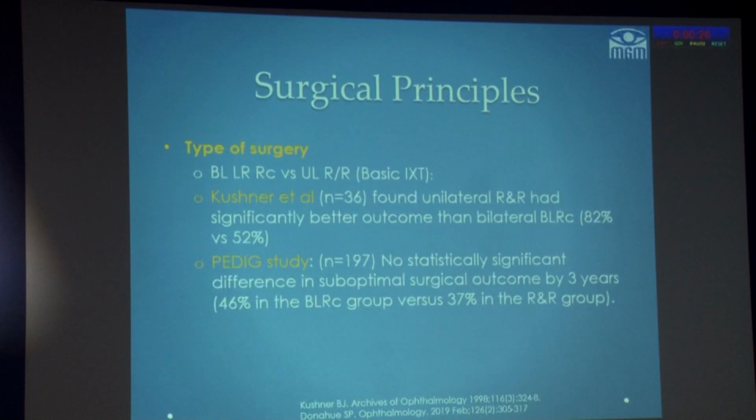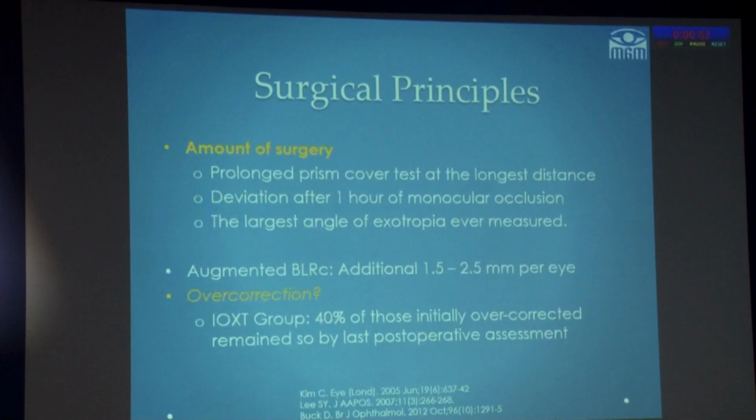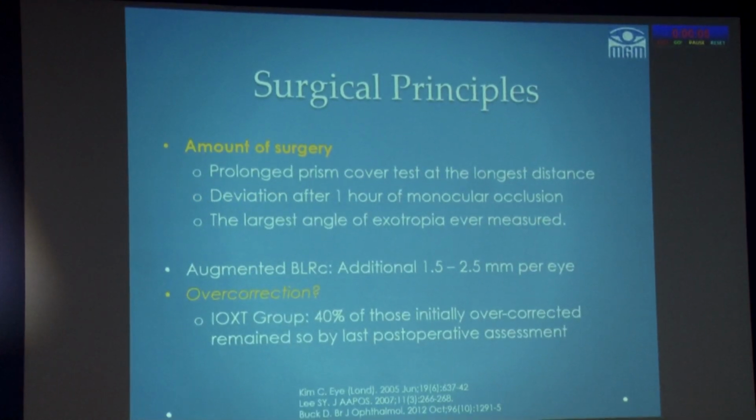Type of surgery: for basic type, studies have shown that there is no significant difference between both types. You can go ahead with whatever you are comfortable with. For others, as I've suggested, for example if it's a proximal tenacious fusion case, then you can go ahead with a bilateral recession. Amount of surgery, this is very important,